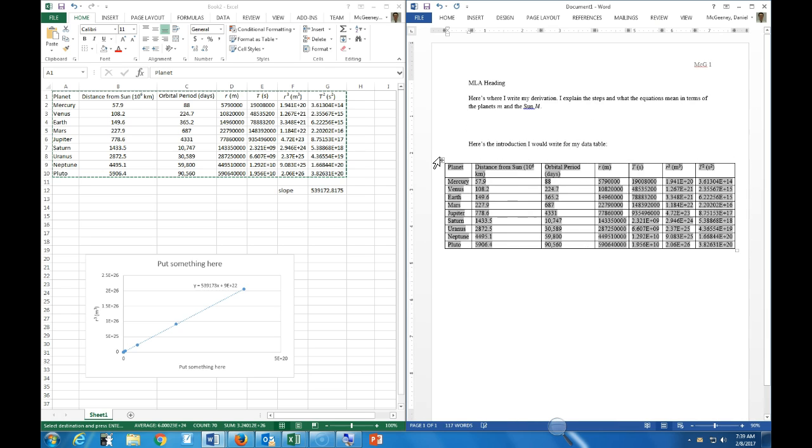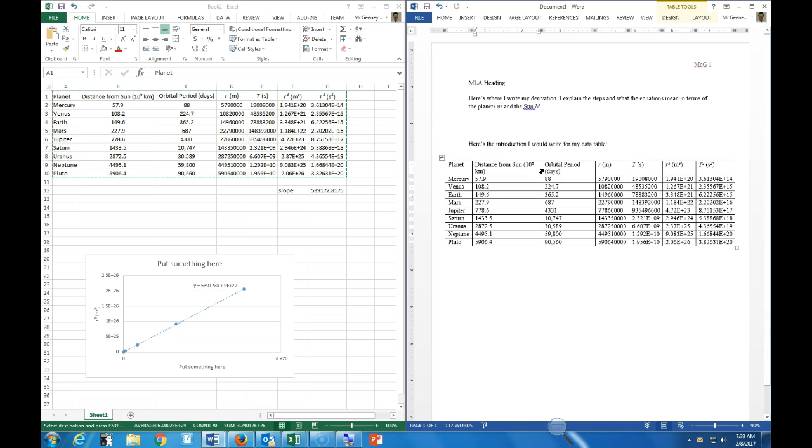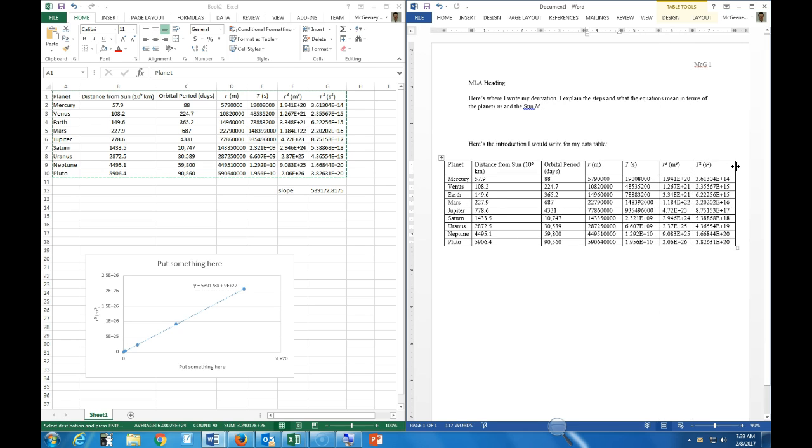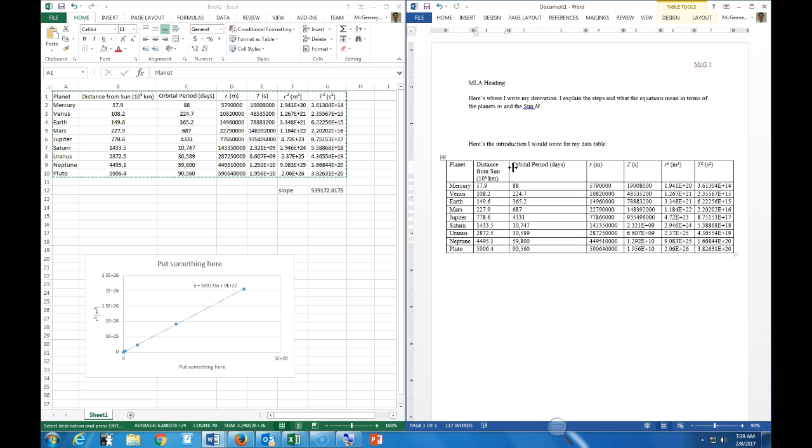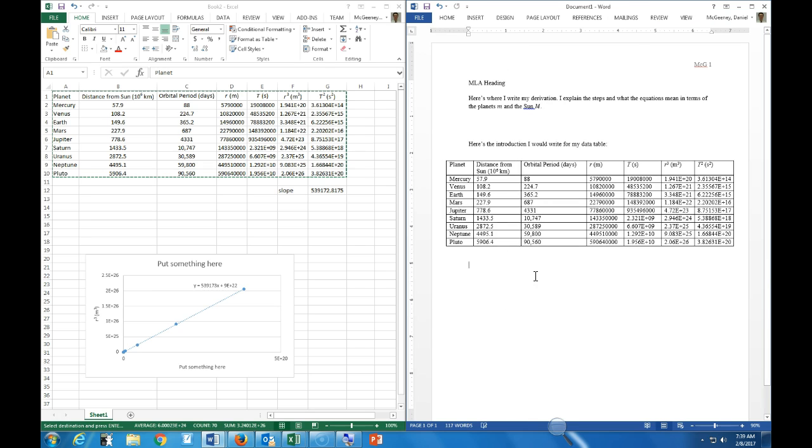If it's running off into 2 pages, just click this box and move it over. Or you can bring these in, decrease the column width so that now you have space for everything. Or you can also just make the text as small as 10. 10 would be acceptable. But you can bring this way in. So I'll let you play around with that. And then you